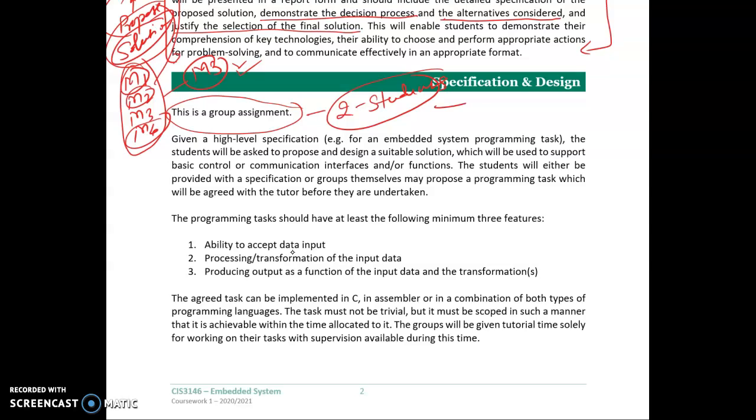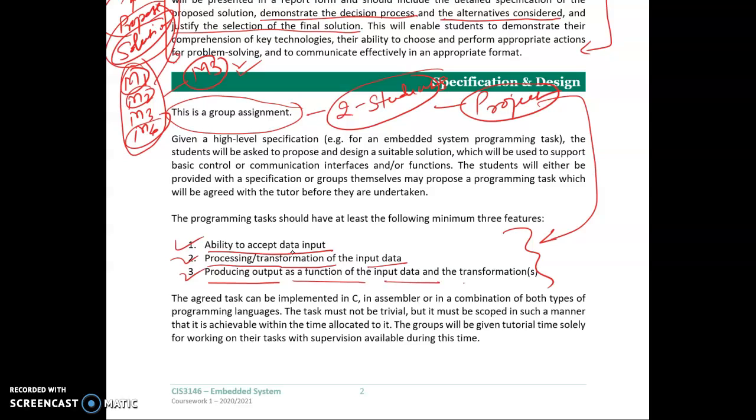Your project must show at least these 3 features. And what are these 3 features? Ability to accept input, process transformation of the input, and producing output as a function of the input and transformation.